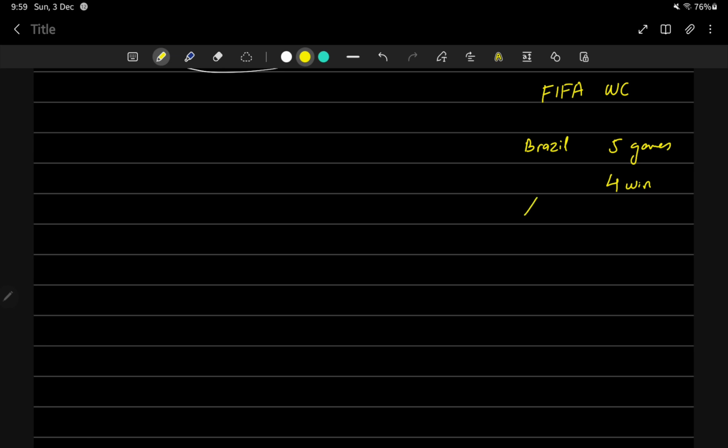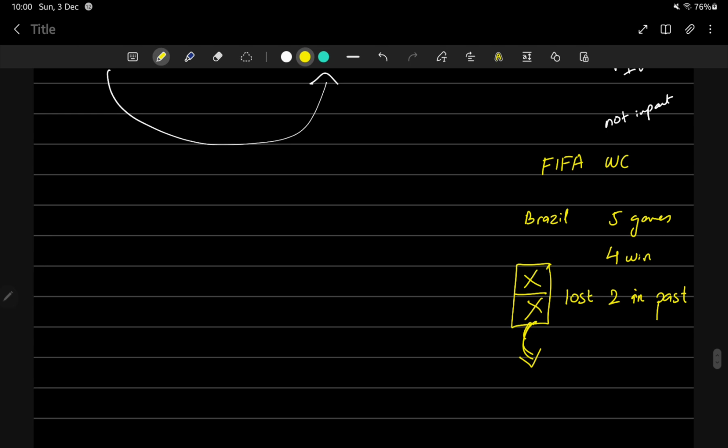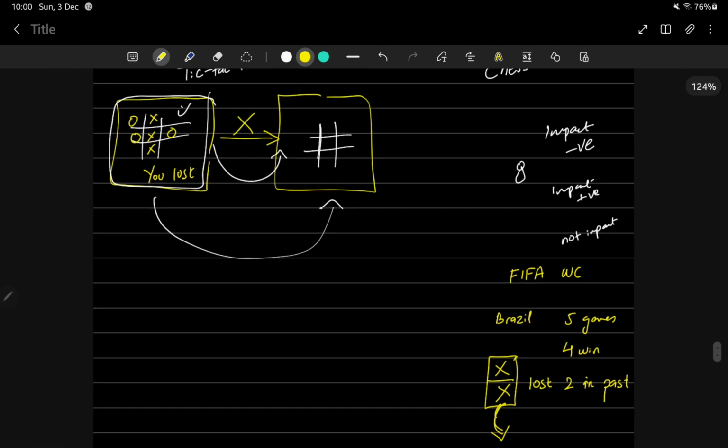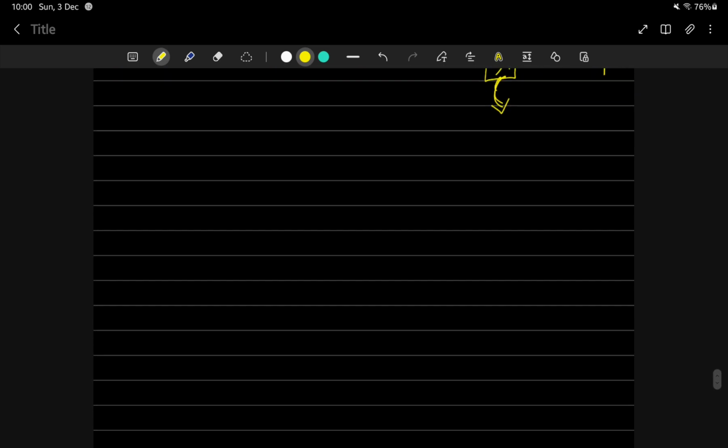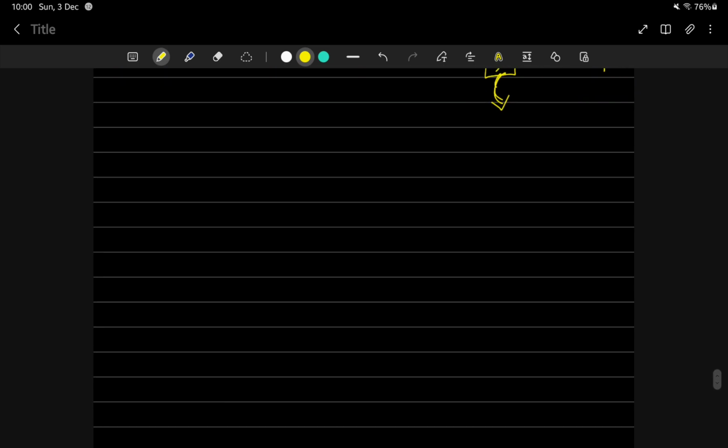But if it loses 2 games, right? If it has lost 2 games in the past, then it has a consequence on its future. Now it is knocked out of the World Cup, it cannot play anymore. So this is a sequential environment as well. So let's move to the next type, which is